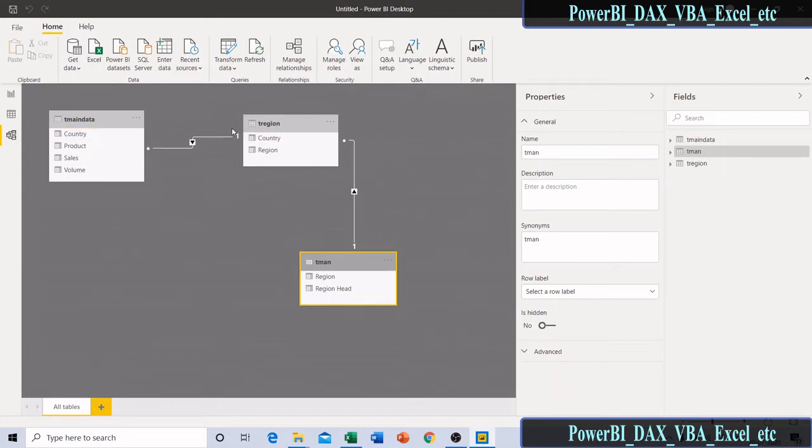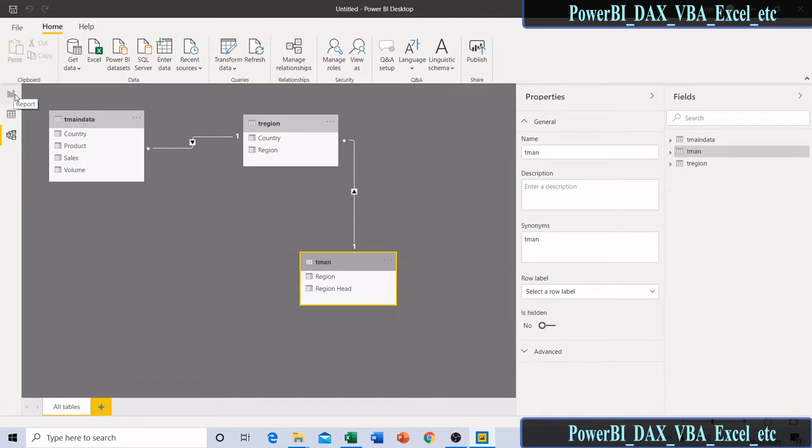Okay, and here you can see that this is 1, this is many. That means here the relation is made between this country to this country, and here it is unique. It is having a unique list of countries, and here it may have multiple values of country. Star means it is having multiple values of countries, and here also the same. This 1 means region is unique here, and here region values are multiple.